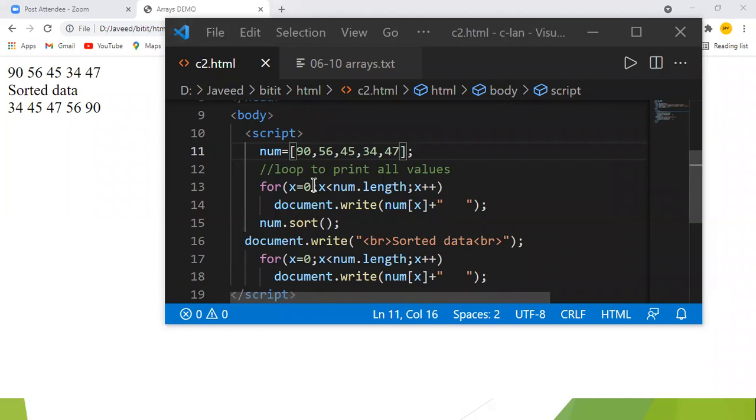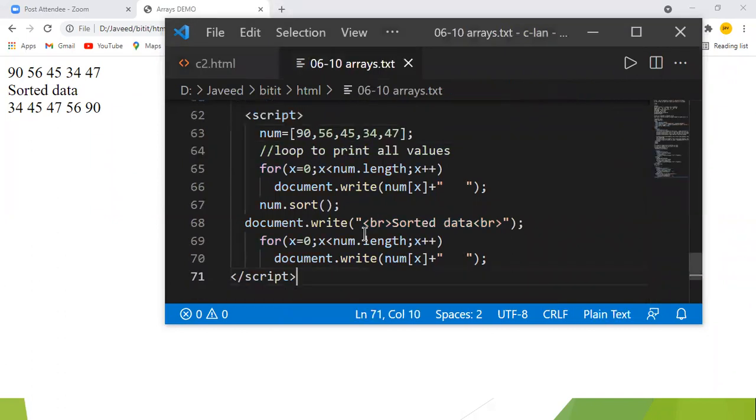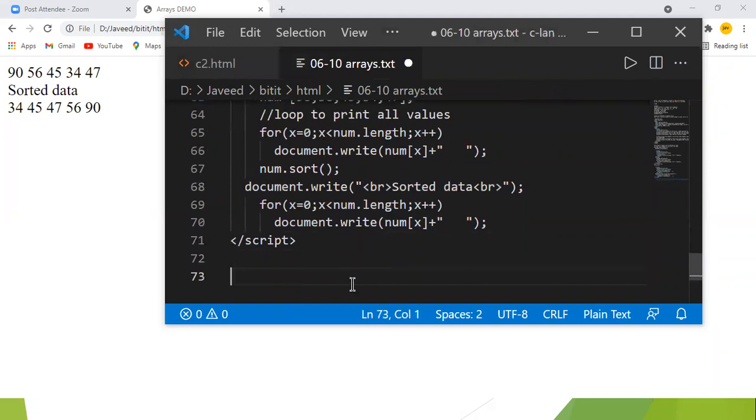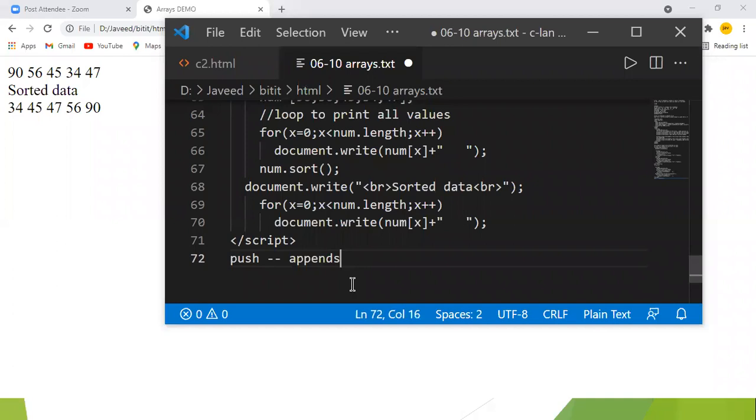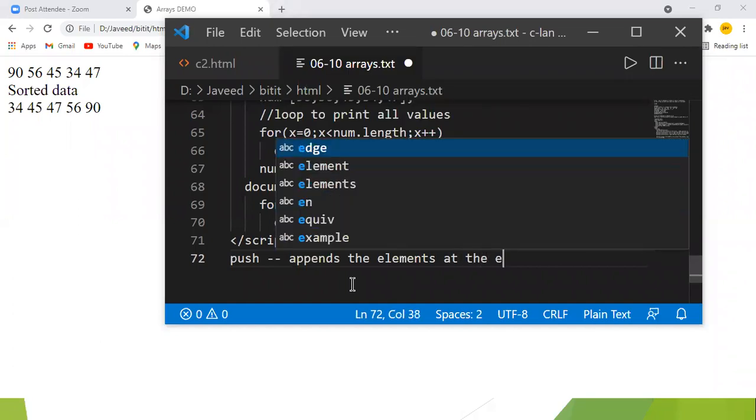Like that, if you want to remove elements from the array, remember we have two methods. One is called the push method. Push appends the element at the end of the array.